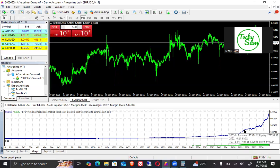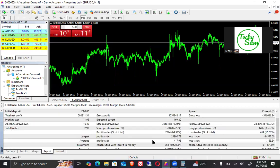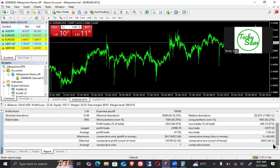And trade number 2,718. So between 2609 and 2718 is approximately 100 trades around here, and that gives us 177. So this is where that happened. You are going to believe. So 96 trades gave us a straight $104,000 profit. So consecutive losses is just five, and